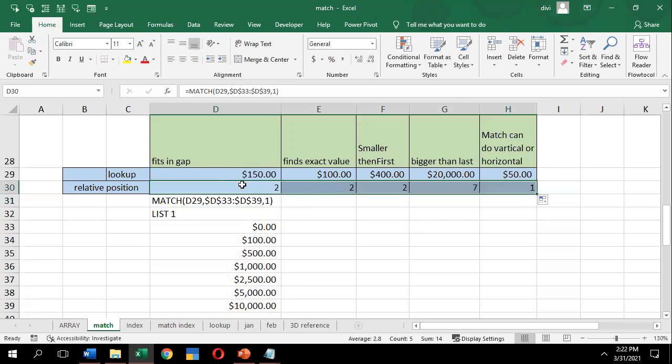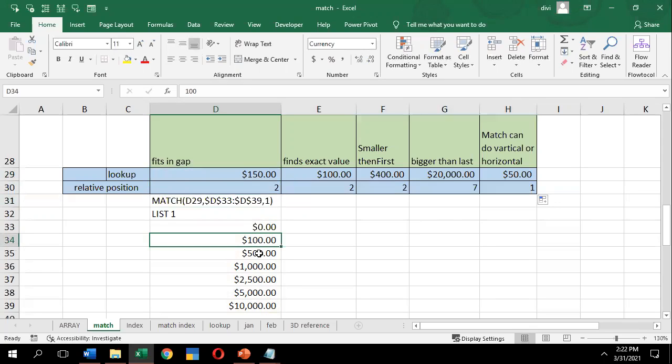Yes, the 150 value is in the second place. In between 100 to 500 it has been placed. 100 is also in place 2. So if you selected 400, 400 is in place 2. And if you have selected the greater than, it is in place 7.